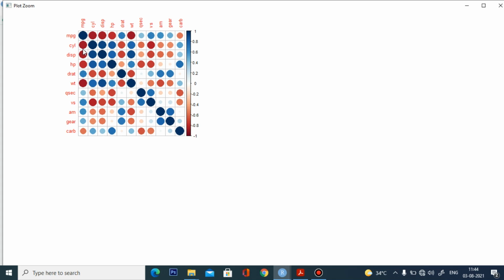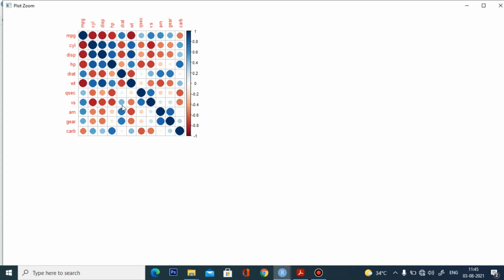So in your mtcars data set, you are having this type of attributes, which is nothing but your column values. So here in the right side, it will show the intensity color. Okay, if it is a dark blue, then it should be having a 1. If it is a dark green or dark red, it will be having the negative correlation. So in your diagonal values, it will be in dark blue, which means it's having a high positive correlation between the two variables, because the MPG and MPG, it's having a very high positive correlation.